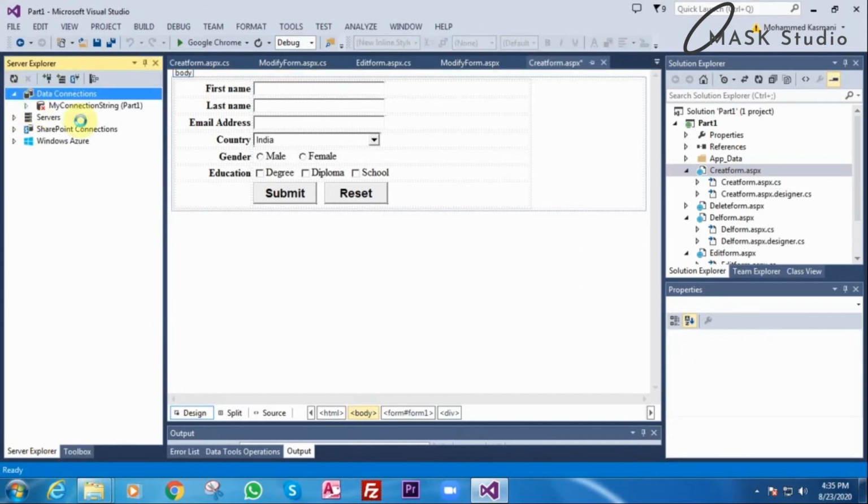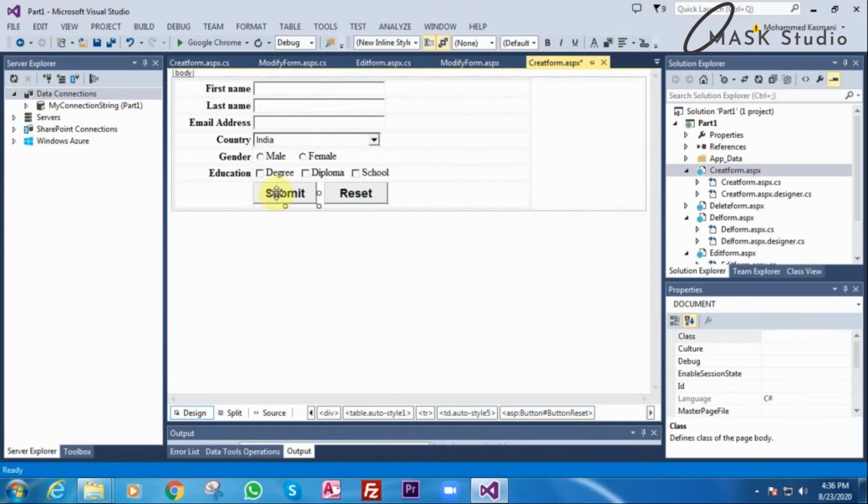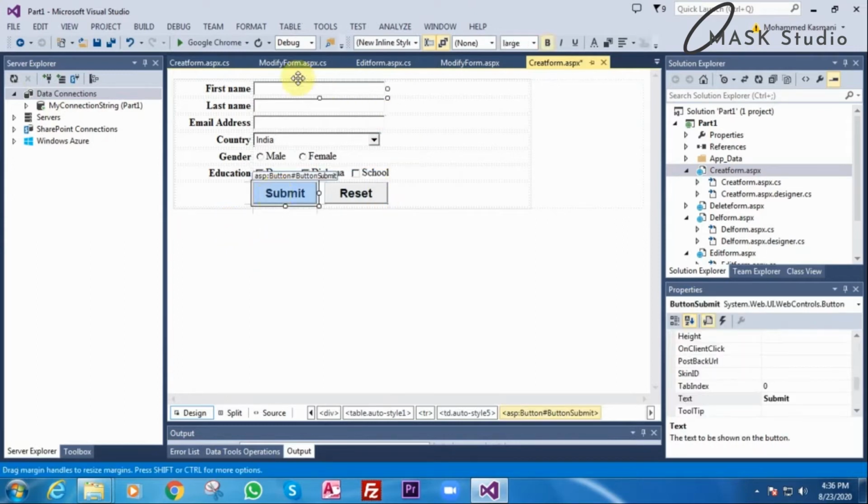This is my connection string. Now we have this form ready. We have submit button, we have reset button. When the user presses submit, all the data from here should go to the table and the form should be cleared again for the next record.